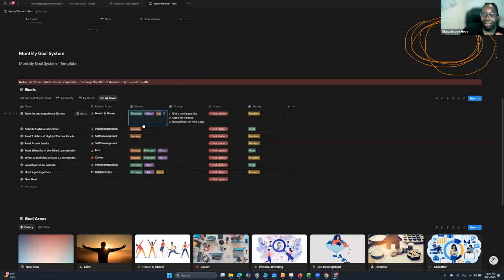But I know that I need to train for this across a period of time. So I'm just going to put January, February, March as the period of time I'll be working on this goal. Like, I want this goal done. Then actions, like I said, the first thing: what is the very first action I need to take on this